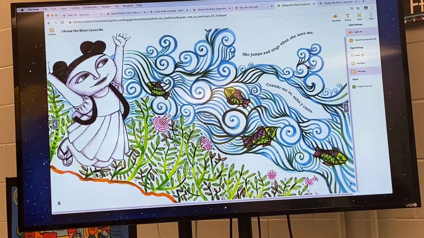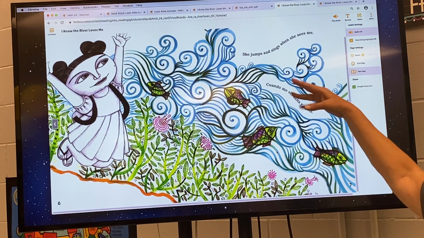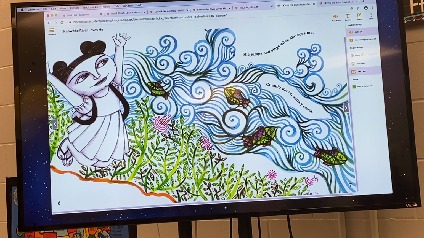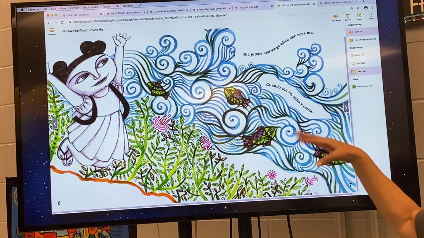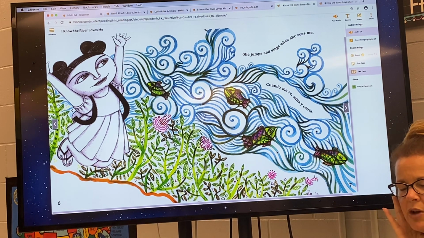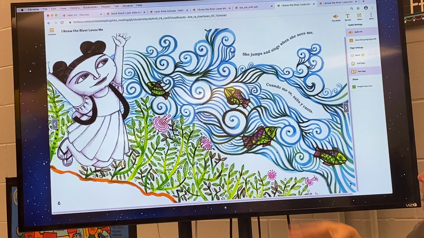So we see all this happening. Now I know a river can't really sing, but I can just picture it making noise and bubbling up as it's flowing through there. Can you hear it? Close your eyes and just hear the river flowing. So let's go ahead and take a look at our